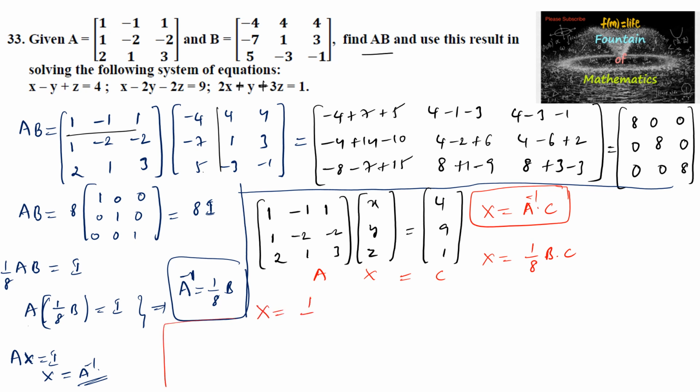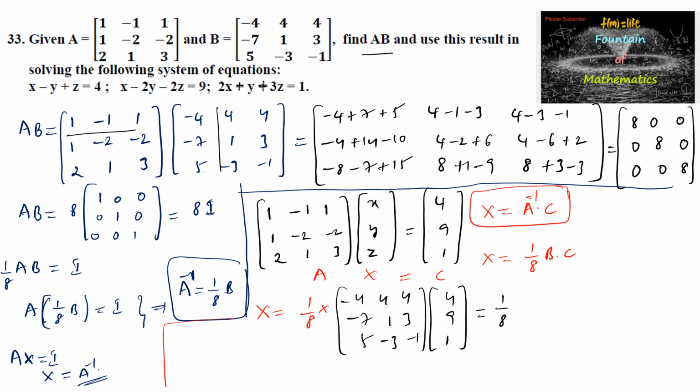X is equal to 1 by 8, B matrix is minus 4, 4 and 4, minus 7, 1 and 3, and here it is 5, minus 3, minus 1, multiplied with the matrix C, that is 4, 9 and 1, which is equal to 1 by 8 times of, again row with column, minus 4 into 4 is minus 16, plus 9 fours are 36, and again plus 4, and the second row minus 28, plus 9 plus 3, and third row 20 minus 27 minus 1,